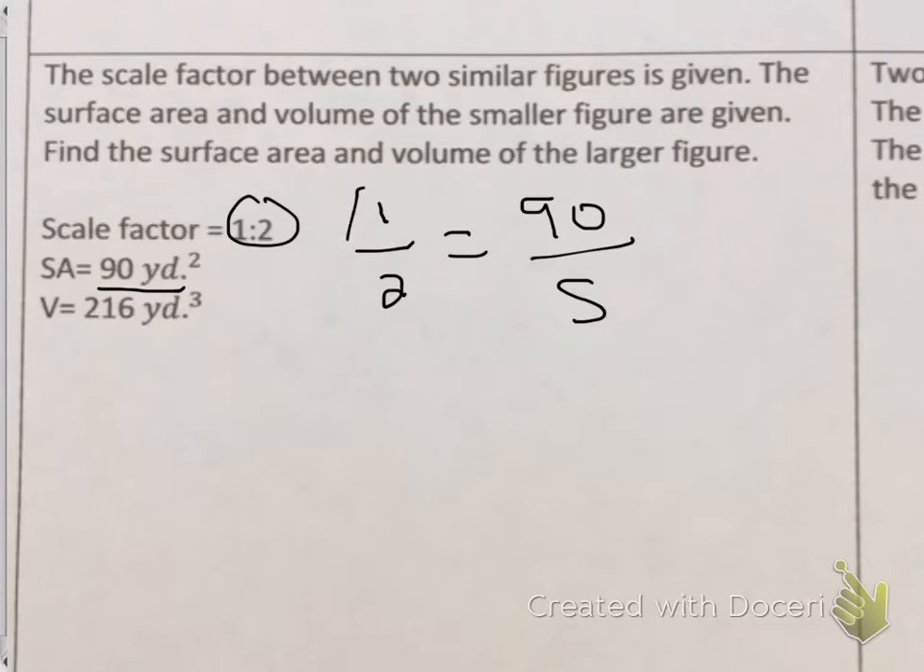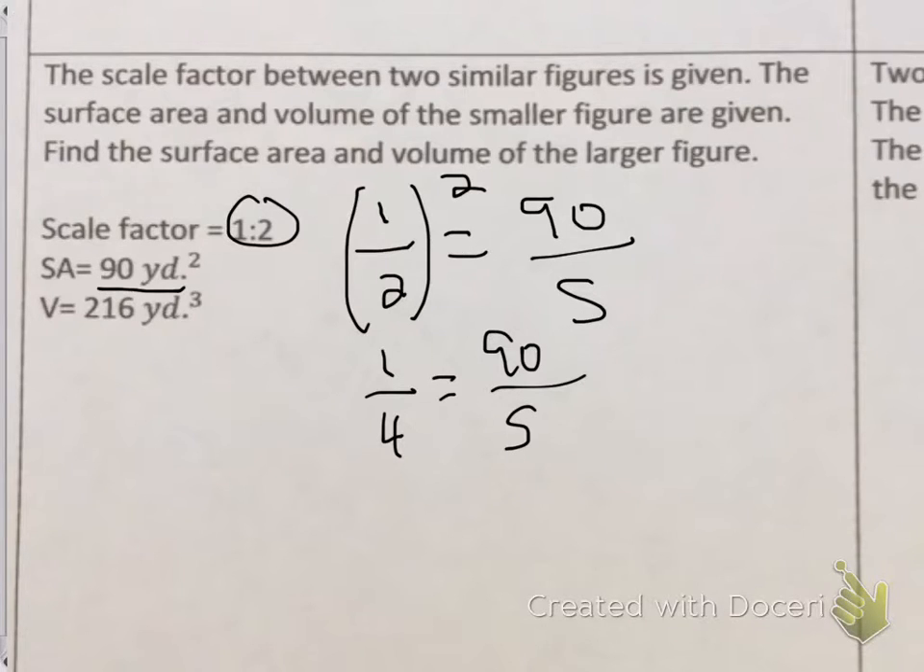Then again, remembering that we're dealing with surface area here, we're going to square that because to go to surface area, we have to square our scale factor. When I square this, I get 1 over 4, and then I'd have 90 over S still. I'm going to cross multiply and solve. So this direction I get 5, and this direction I get